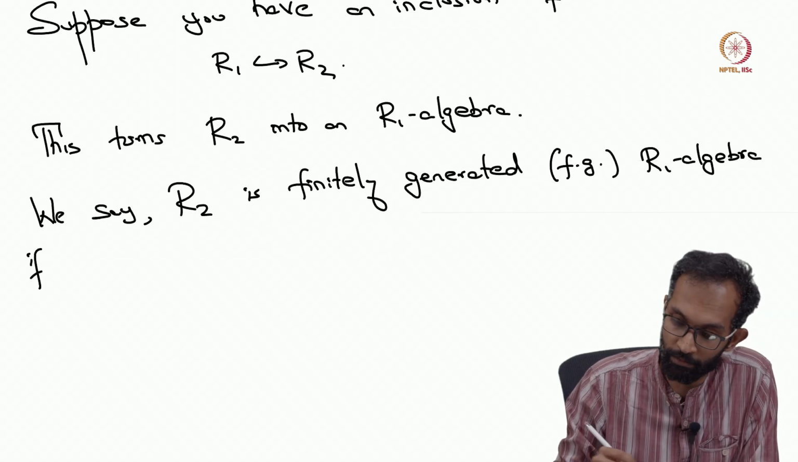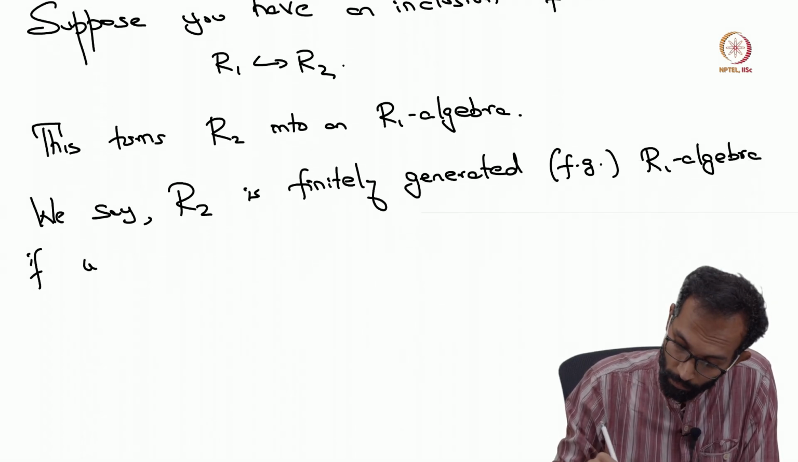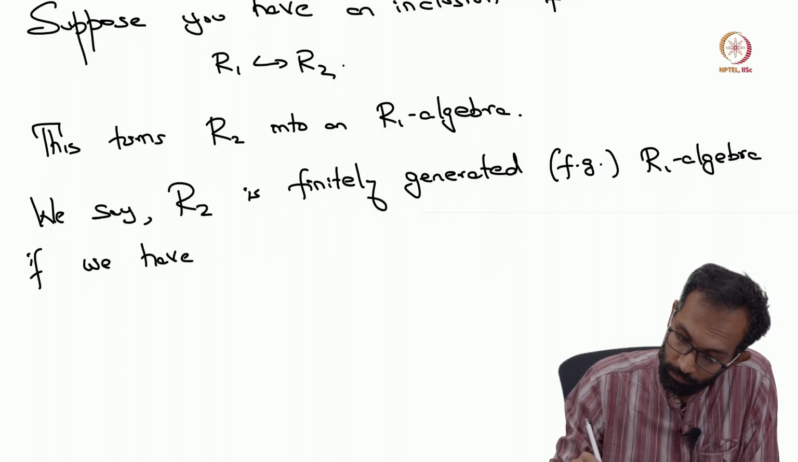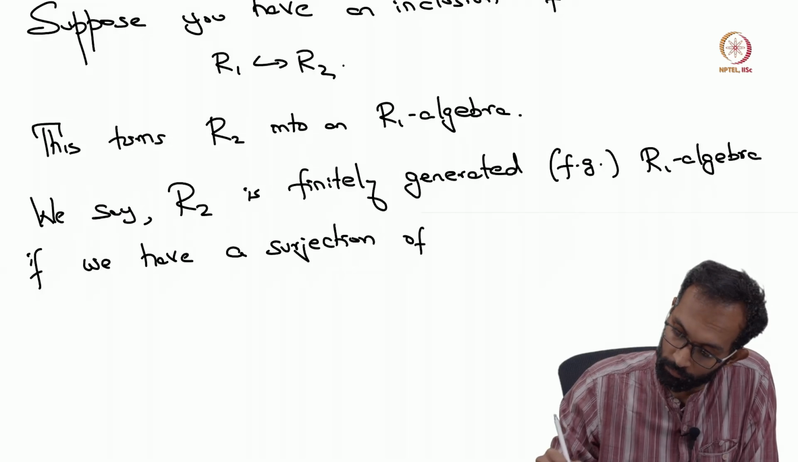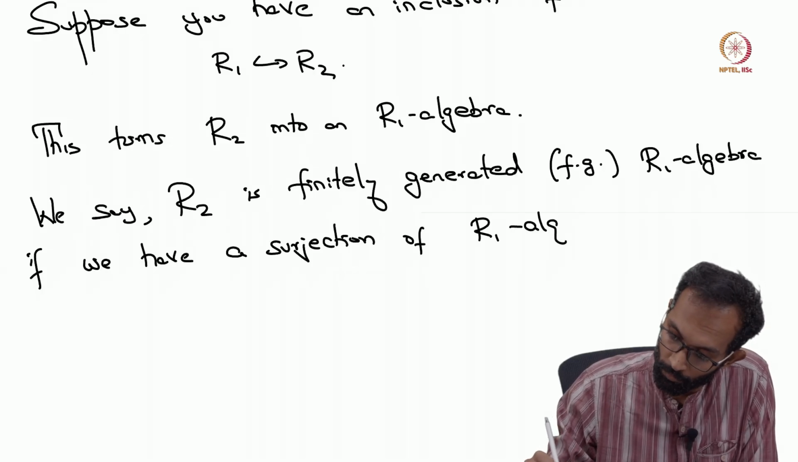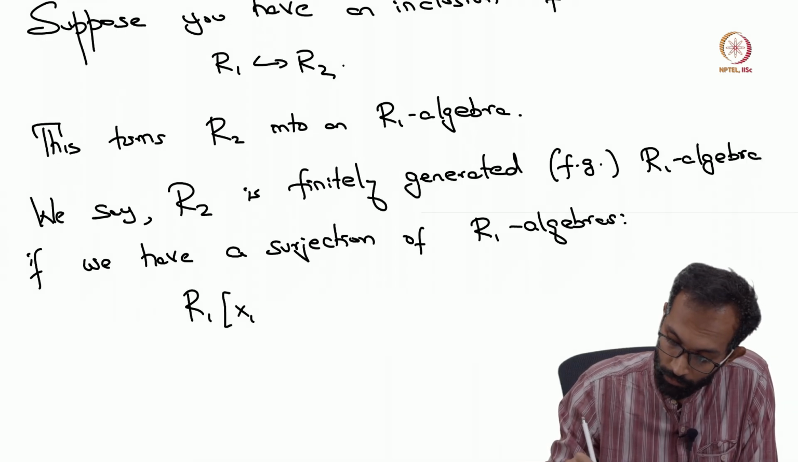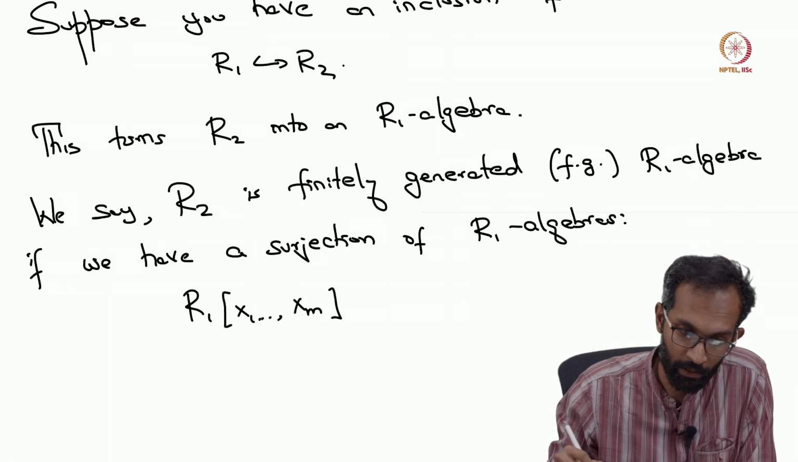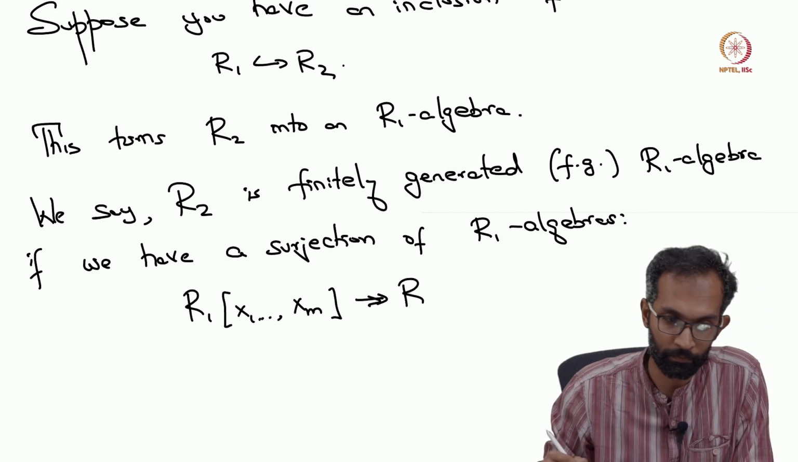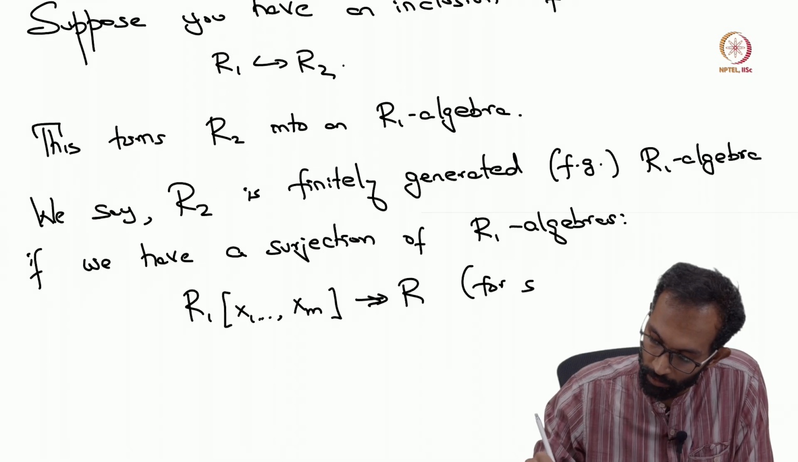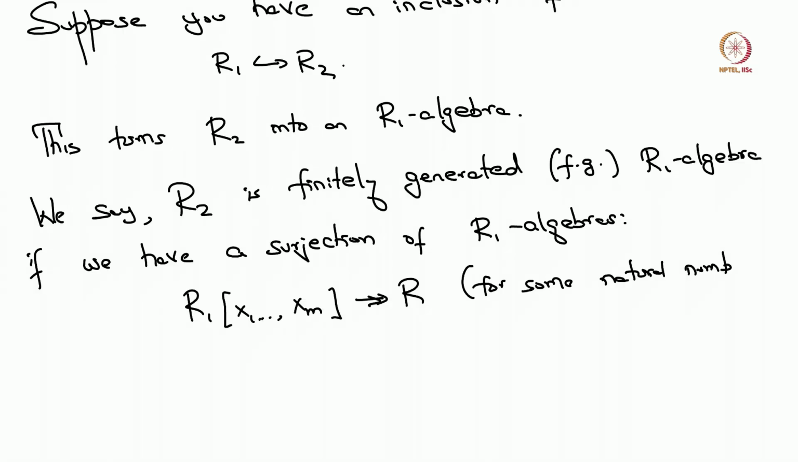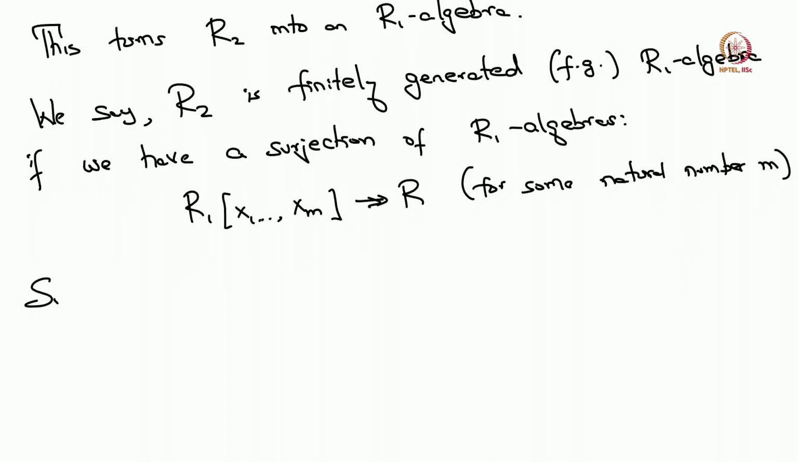if we have a surjection of R1 algebras, so you have this polynomial ring over R1 in finitely many variables that surjects onto R2. Okay, so for some finite natural number, okay, and similarly,